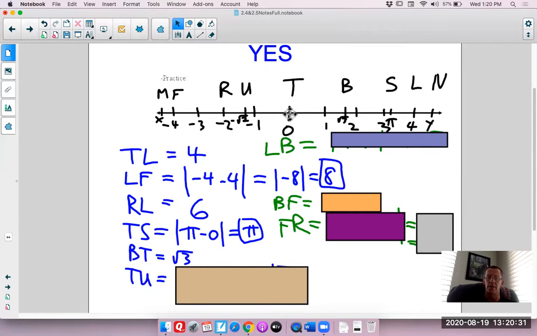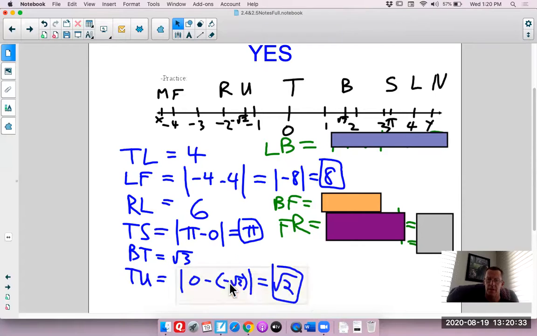What about TU? 0 minus negative root 2 would be the same as plus root 2, so it would be absolute value root 2, which is root 2. Or if you'd gone the other way, you still would have the same thing. You would have negative root 2 minus 0, take the absolute value of that, you still get root 2. And then LB,